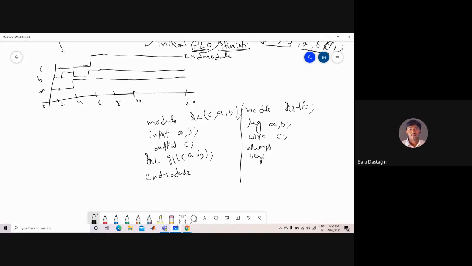Always begin, #2 A equal to 0, B equal to 0, #2 A equal to 1 and B equal to 0, #2 A equal to 0 and B equal to 1, #2 A equal to 1 and B equal to 1. After specifying this, end the always block.